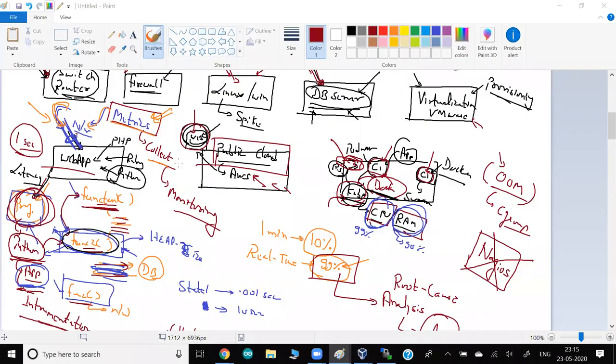Yes, Kumari, you can also monitor a mobile app. Mobile app, you can monitor for sure, 100%. There are a lot of third-party exporters available, and you have to install one on your mobile phone because you have to collect the information and send it to Prometheus. There are a lot of exporters available for different flavors, for Android.